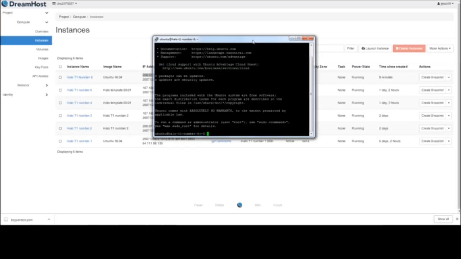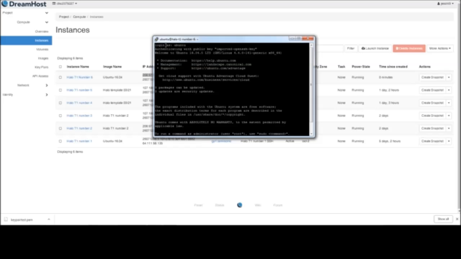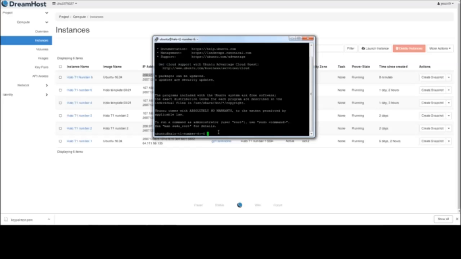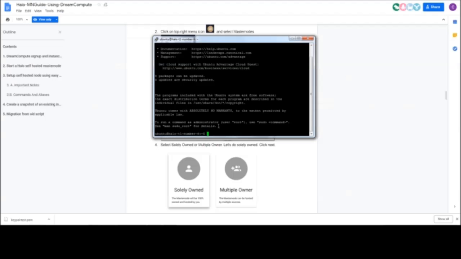Log in with Ubuntu. I'll scroll back up so you can see that. Log in as ubuntu. And now you're at the main screen here. This is going to be your console. So at this point, you probably need to go ahead and launch Featherlight, the Featherlight client, or you could possibly